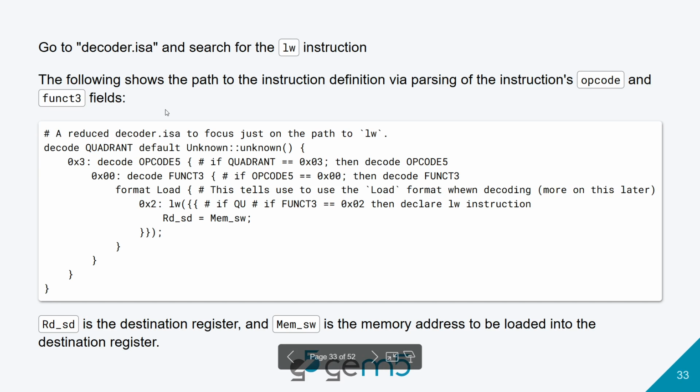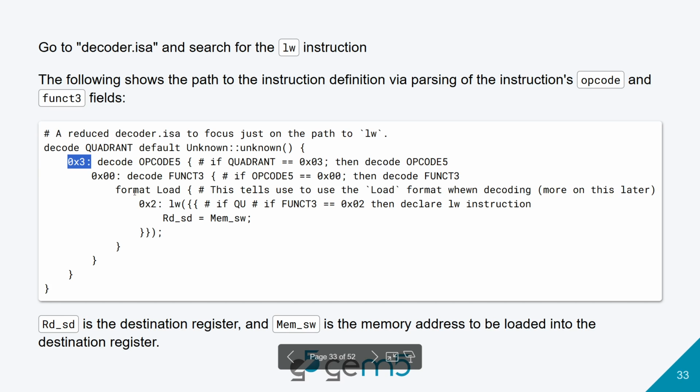But you can go through this and see a certain logic. It's saying decode quadrant, and then on the second line, if the quadrant is 0x3, this is hexadecimal, then decode opcode 5,